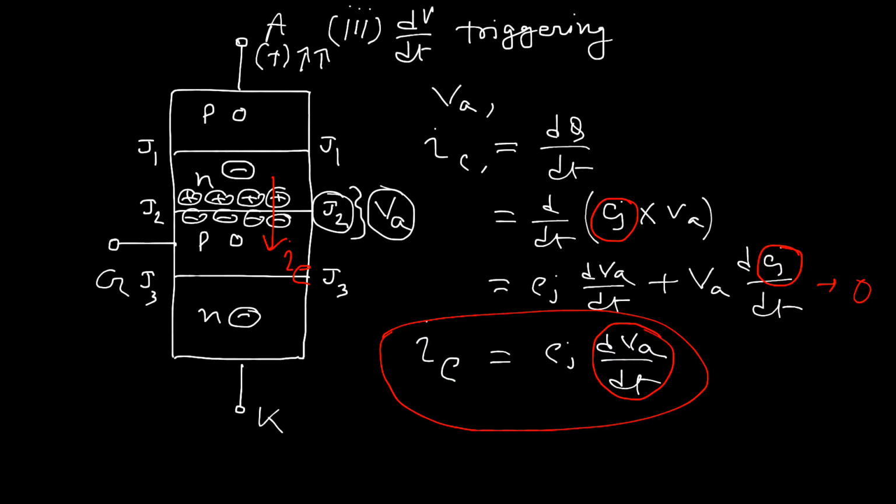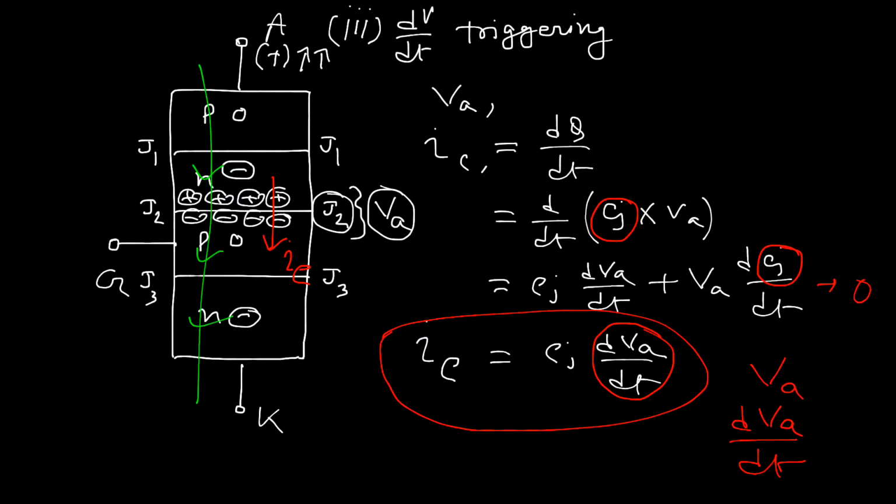It does not depend on the anode voltage itself, it depends on the rate of change of voltage, dV/dt. That is why we can say it behaves like a gate, but we are not using any gate signal across the gate; we are only changing the anode voltage suddenly or very frequently. It behaves like gate triggering. Then the thyristor starts conducting without any disturbance, and current can easily conduct from anode to cathode. So this is all about dV/dt triggering.